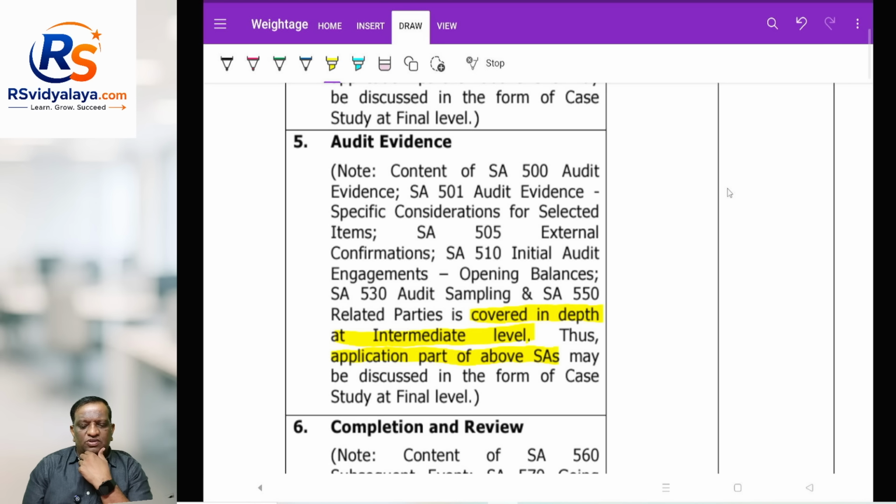It's almost next to impossible. So if somebody is able to remember, hats off to them. But not really, not all the concepts. I'm not trying to say that you would have forgotten everything, but not to the minute level. Even SA 500 itself was a big topic at intermediate level. Here, one chart, matter is closed. But questions are being